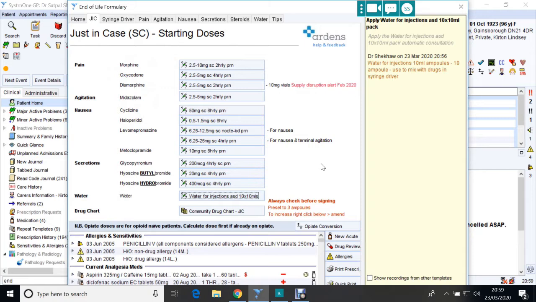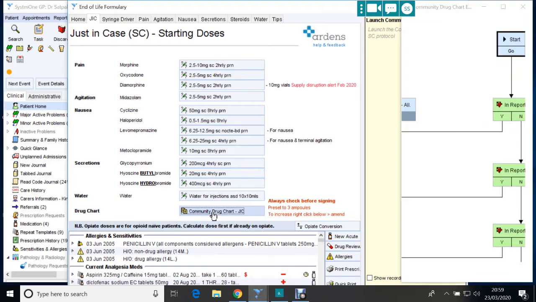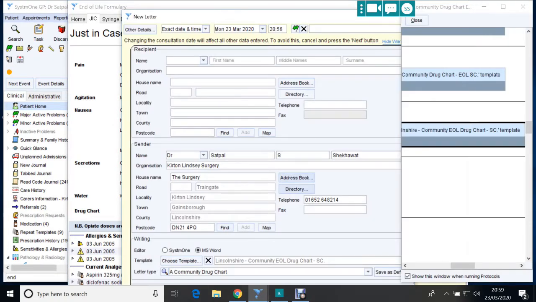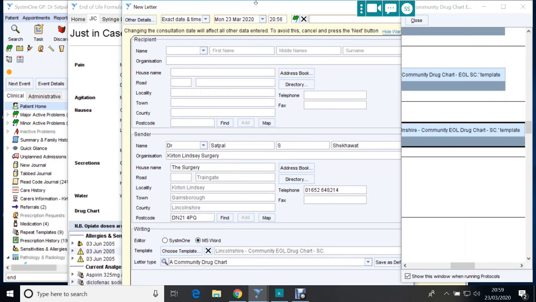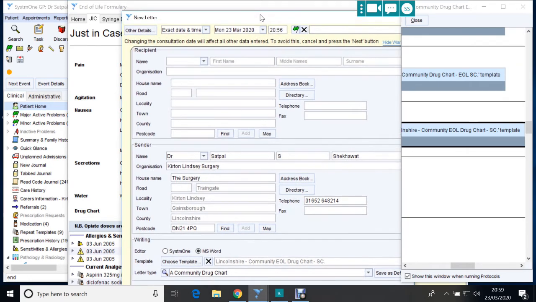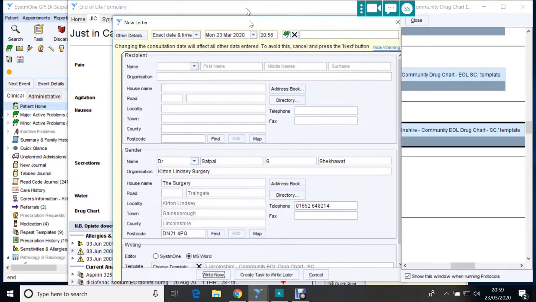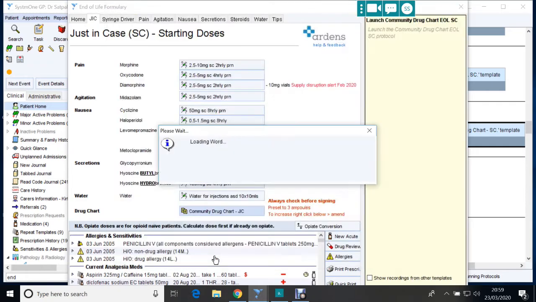Okay, so if we've done that, after doing all the medicines I wanted, if I then click on community drug chart, JIC, it will bring me onto a writing template. So I have to resize the windows every time. So if I just do right now, it will bring us the MAR sheet which can be printed, but also